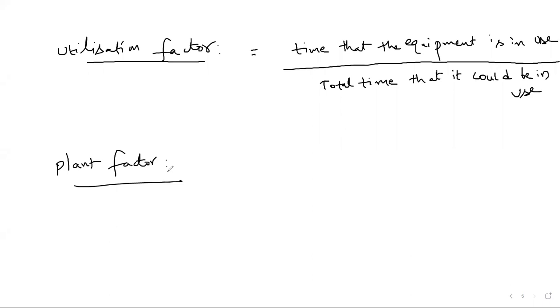My utilization factor, did you understand? How much time we are using divided by total time. If you consider a motor, consider any one motor. Let us take one motor which is operated some 10 hours or 8 hours. If you are operating that motor 8 hours per day, right? So let us take some 40 weeks or 20 weeks or 50 weeks. Let us take 50 weeks. Then what is the total usage of that motor? What is the total hours of operation?